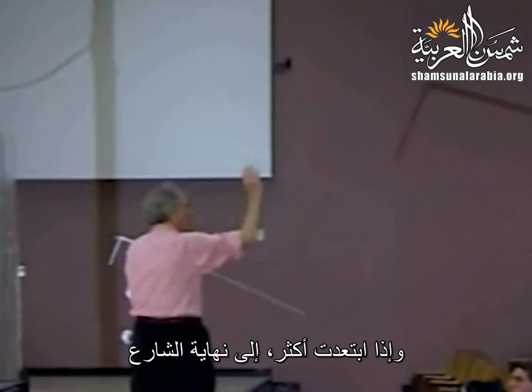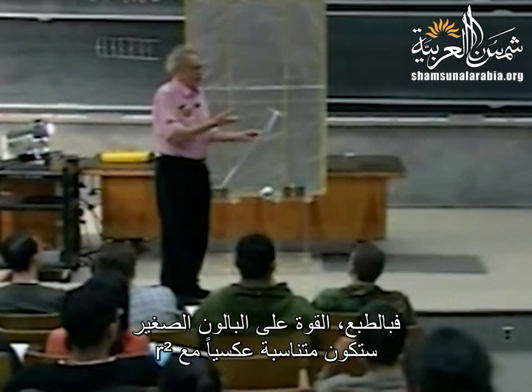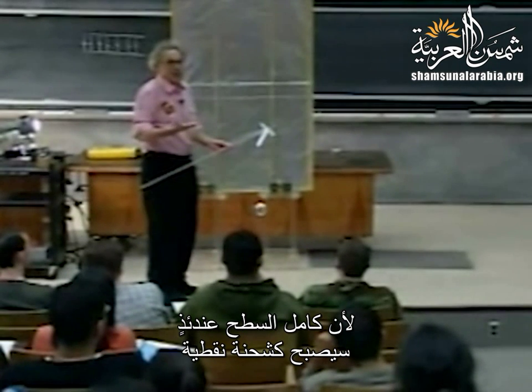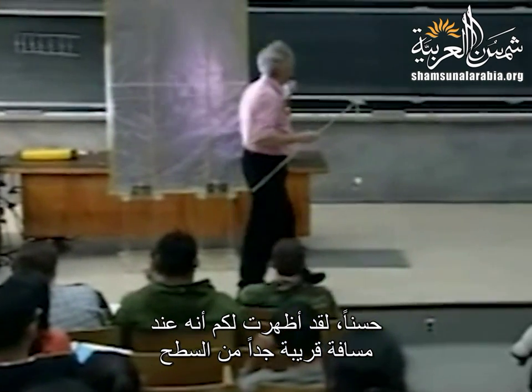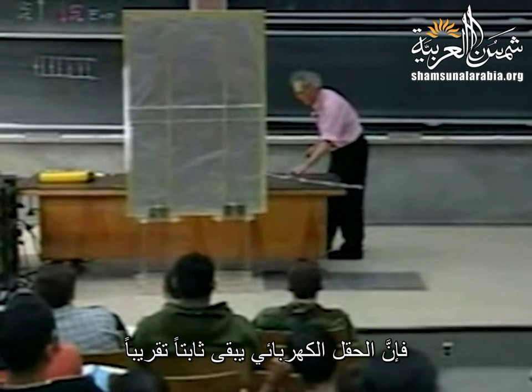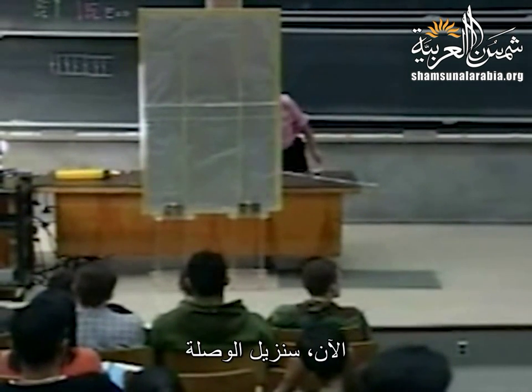And if I go far away, all the way to Mass Avenue, of course, the force on this little object would be inversely r squared, because then the whole plane would behave like a point source. So I've shown you that very close to this plane, the electric field stays approximately constant. So if now we remove this,